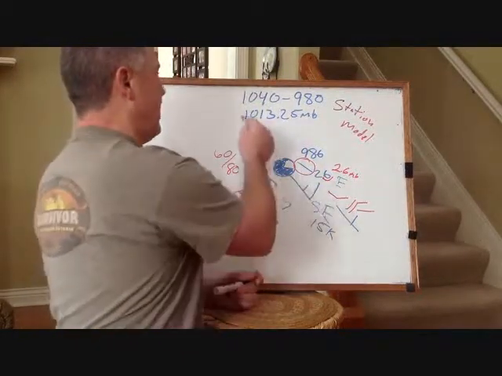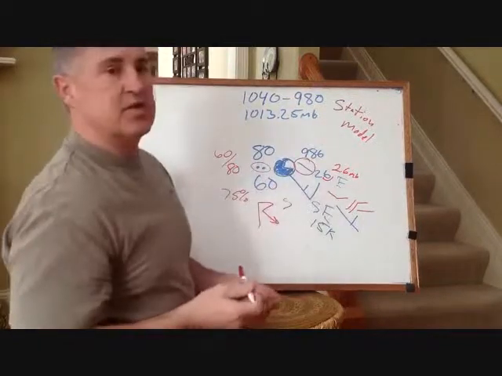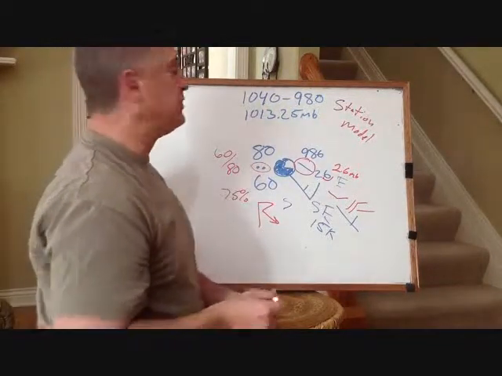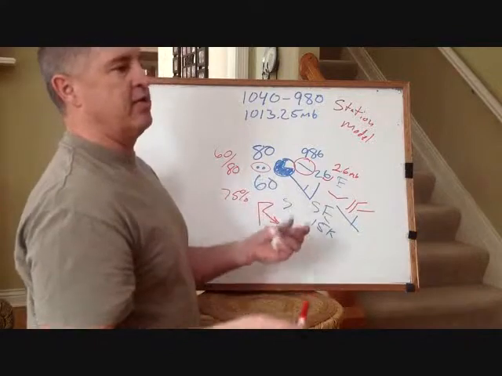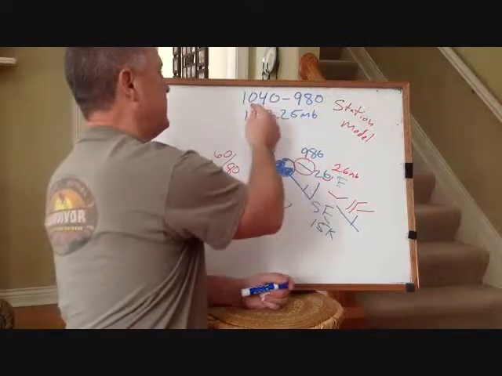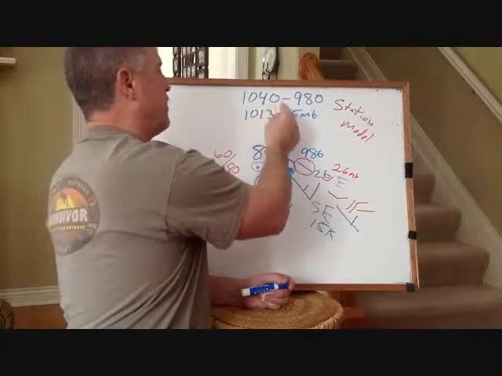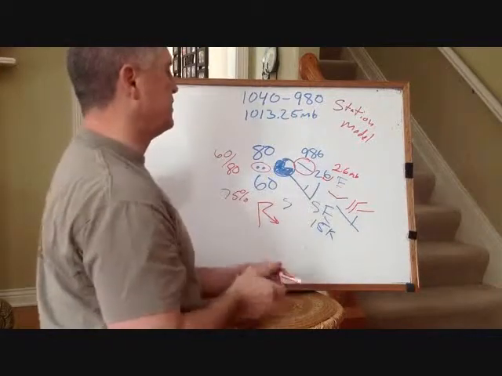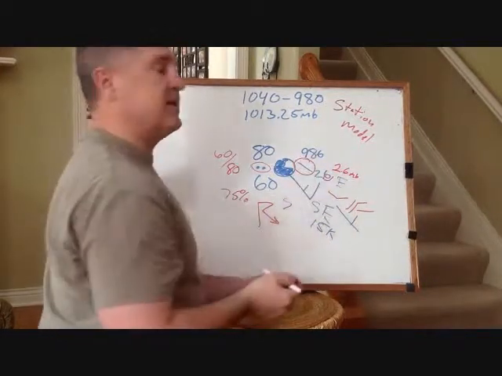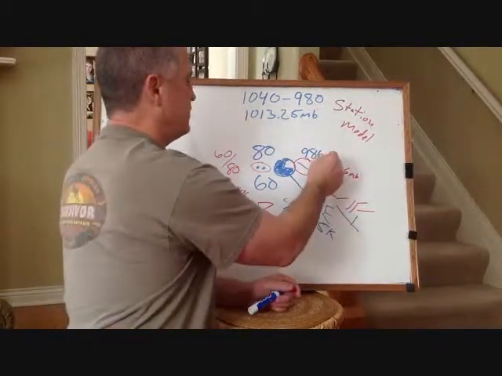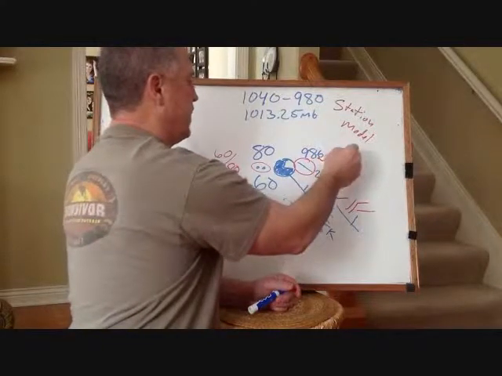And again, the average sea level pressure is 1,013.25 millibars. Pressure in North America is generally going to be trending between 1,040 millibars to 980 millibars. So again, here, if you're 986, first thing you have to do is you have to move your decimal point. So now you have a